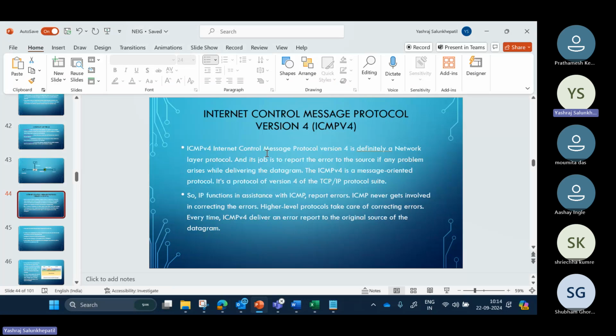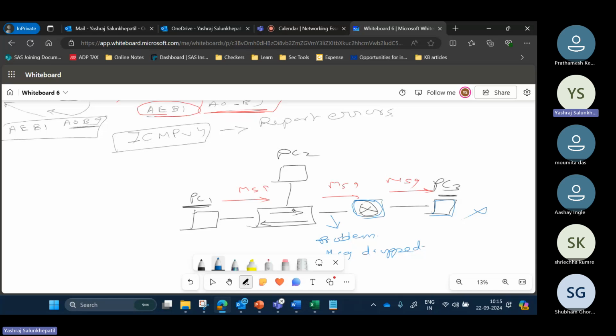So what this protocol does is it reports a problem. Okay, it reports the problem, not corrects it. It sends back an error report to the original source of the datagram. Datagram means message. Okay, datagram is the message. Who sent the message? PC1. So what does this protocol do? ICMPv4 sends a report of error